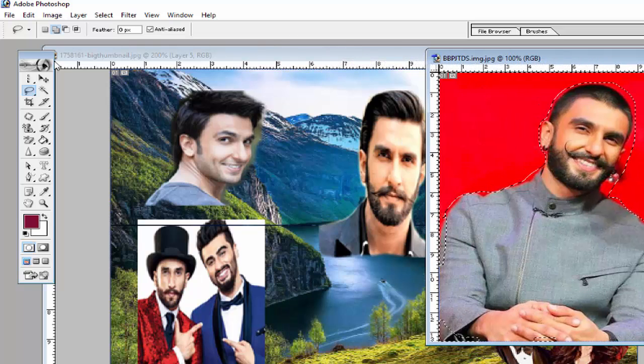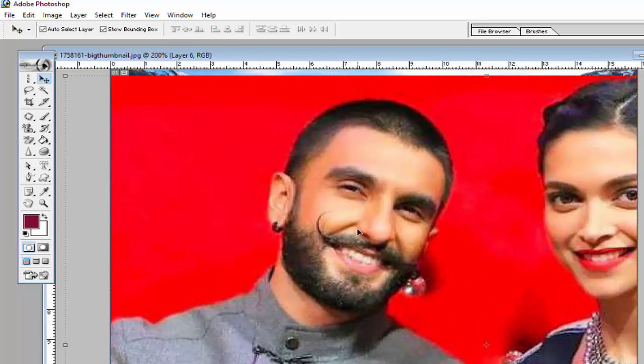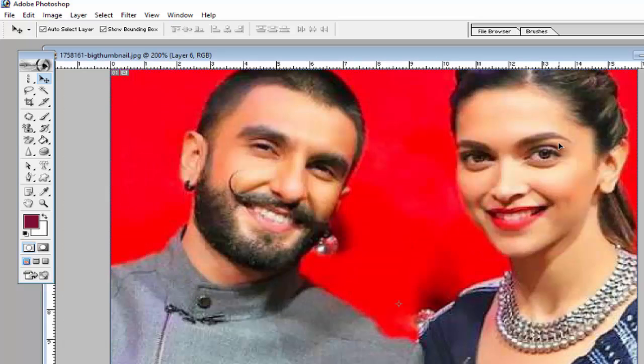If you use the move tool and drag this image, you will see that again some problem is there.